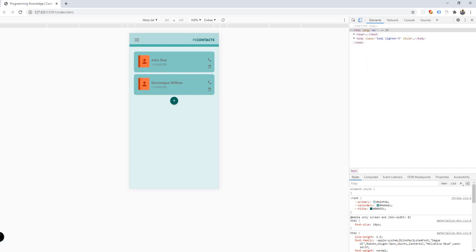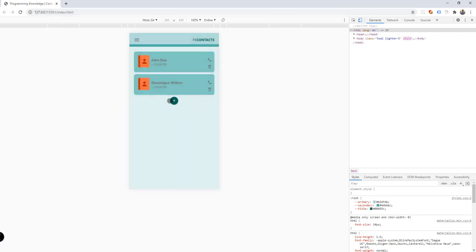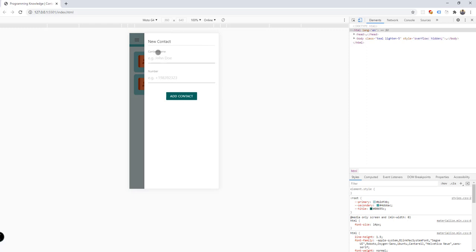So from the previous tutorials, we have implemented and added different elements for our PWA project. So we have here a nice looking app where we could click on this hamburger icon and we could see the sidebar menu, where we could navigate to the home section and about section of our app. We also have the add contact or new contact form where we could specify the name and the contact numbers